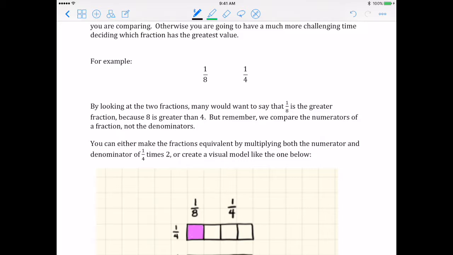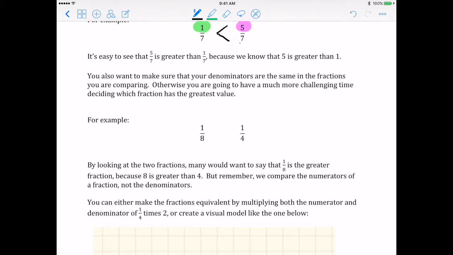So, you have a couple of options. You can either make the fractions equivalent by multiplying both the numerator and the denominator of 1/4 times 2, or you can create a visual model like the one below. So very quickly, before we get into our visual fraction model, I'm going to show you what I mean when I say